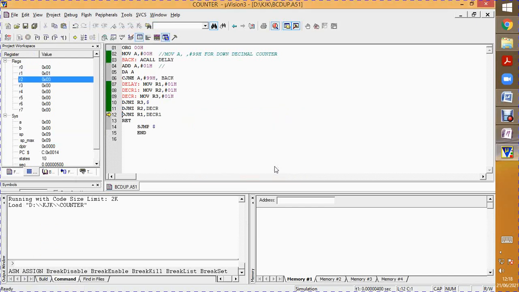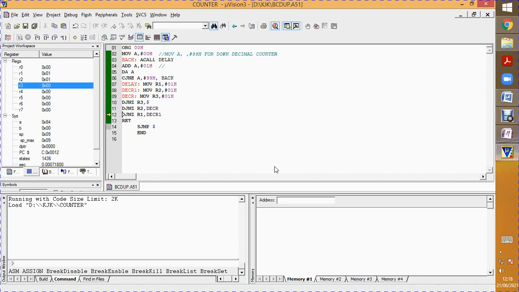on pressing F11 to see the result until it reaches 99. See, if I would have given FFH into the registers R1, R2, R3, you can see that all the values are in decimal only. So no hexa values you are going to see in the accumulator, right? It will continue until it reaches 99. Once it reaches 99, what happens? It will stop counting and come out of the loop. If you want to repeat, you can repeat using a loop statement.